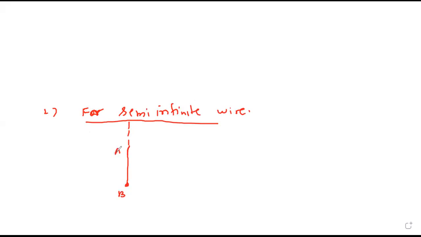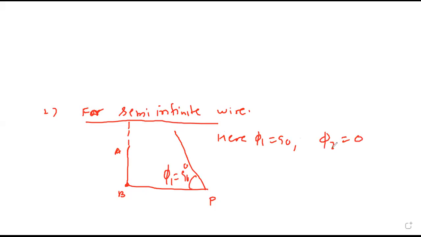So if this is B, this is A, here it is increasing. This is the conductor, this side it will be moving up, so this angle will become close to 90. That means here phi 1 is 90 and phi 2 will be 0, because with B it is making 0